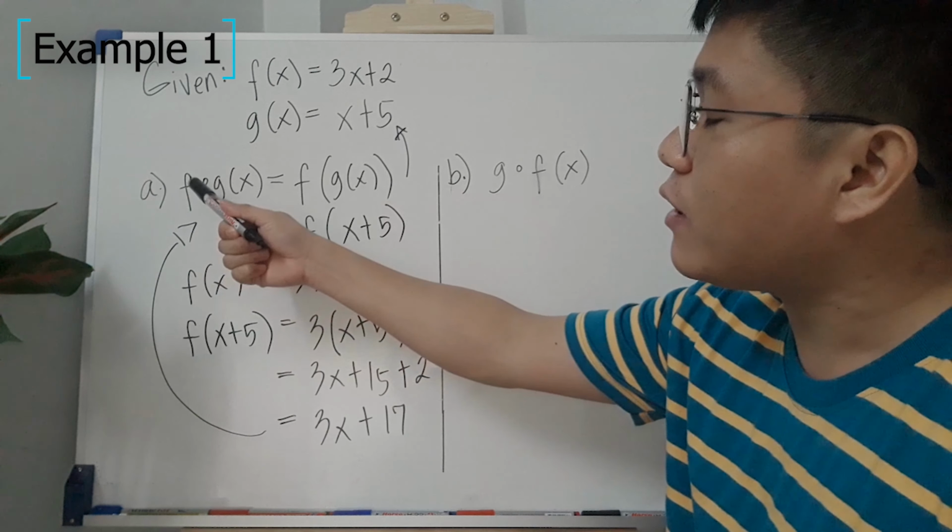How about our second question or second function, which is g composed with f of x? The same here, we will find first the general form, which is g composed of f of x. After this one, we are going to replace f of x with the given, which is x squared plus 6. That means we have g of x squared plus 6. Going back to our second function, which is g of x is equal to 2x minus 1. Replace x with x squared plus 6. That means we have g of x squared plus 6 is equal to 2 times, substitute x with x squared